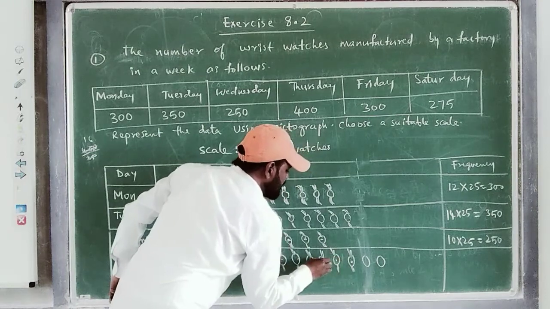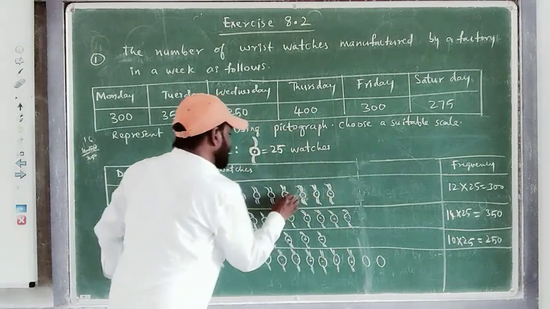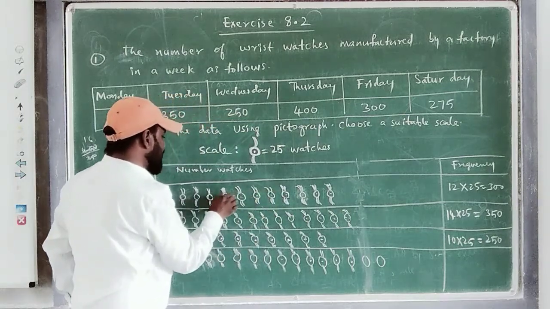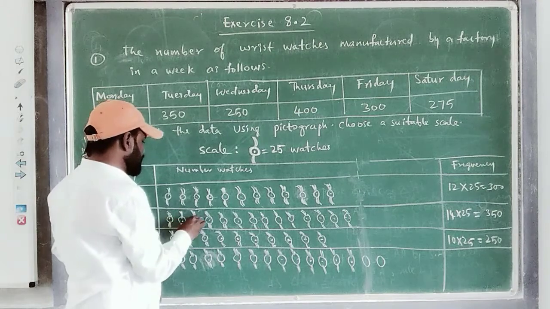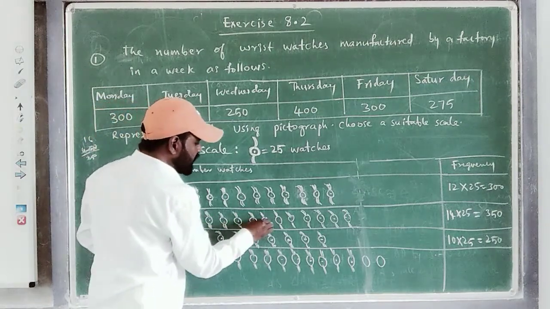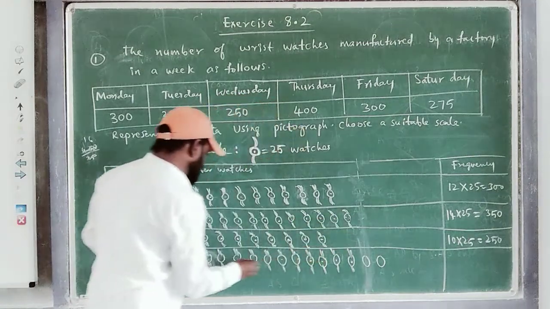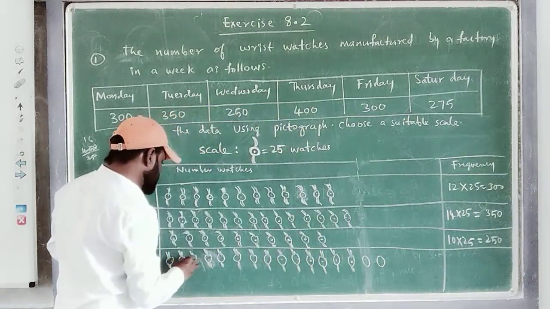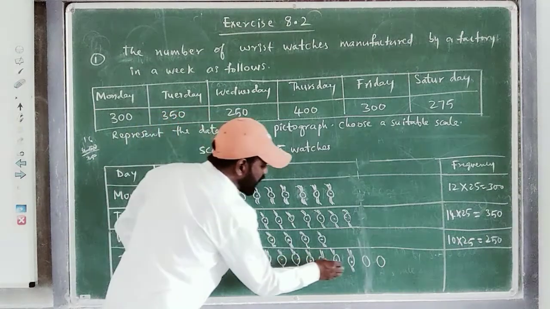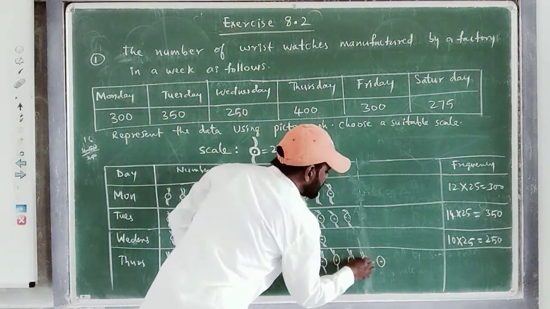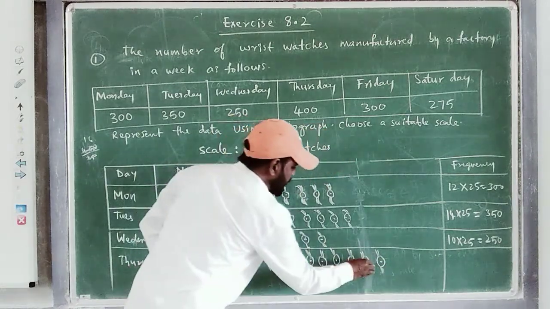On the watches, you know, hands will be there: the minute hand, hour hand, and seconds hand. If you are able to draw that, you can draw like that also. So the minute, second and hour needles will be there in the wristwatch. Like that you can show it, if you are able to draw properly. Here there is not much space on the board. That's why I am showing it this way.